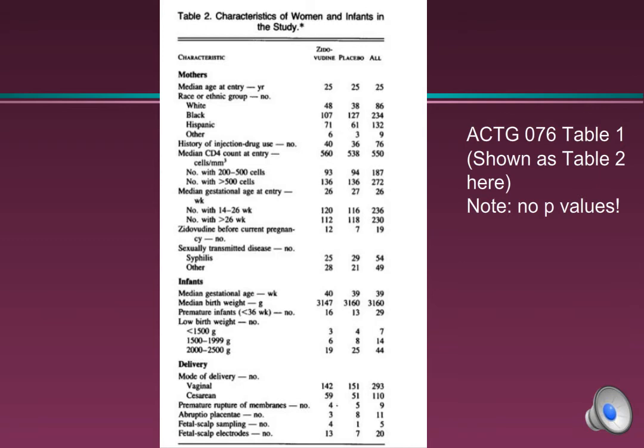But notice that there are no p-values in this table, which is appropriate because, as we said, confounding is not a statistical phenomenon. It's an epidemiological phenomenon. So one way to decide whether, if there were differences, it was confounding, would be to use a model that would account for those differences and see if there's any difference in the relative risk. In general, there isn't. And in this case, I suspect there also isn't because the proportions of women in both groups are very close for all the potential confounders.